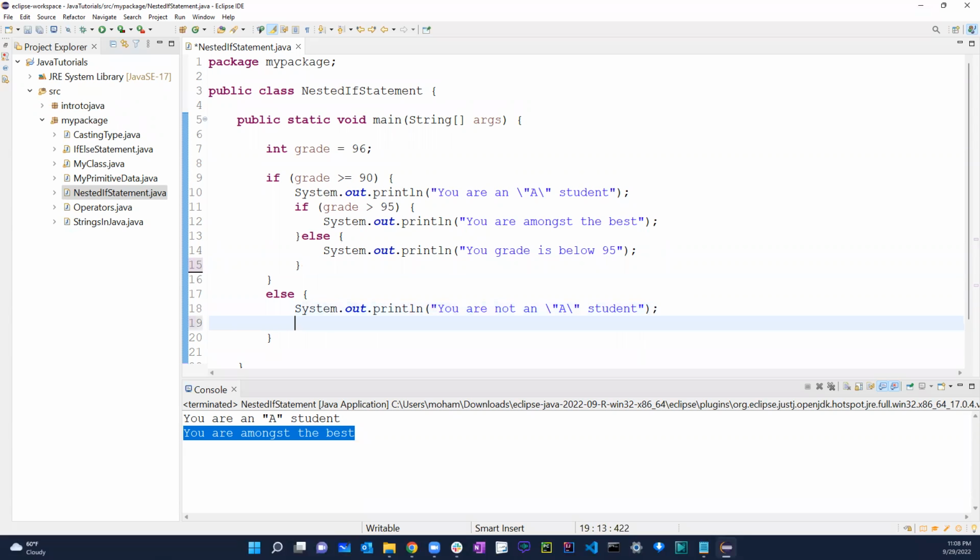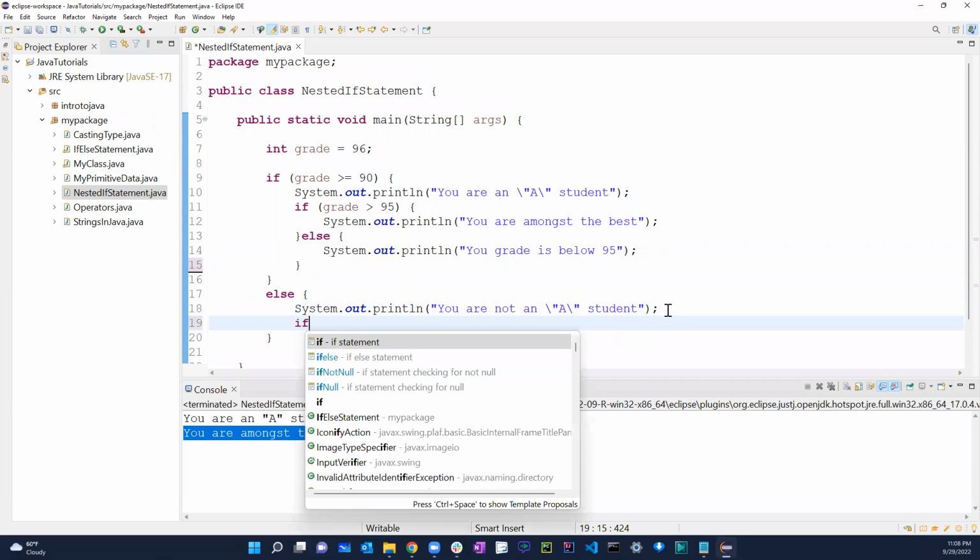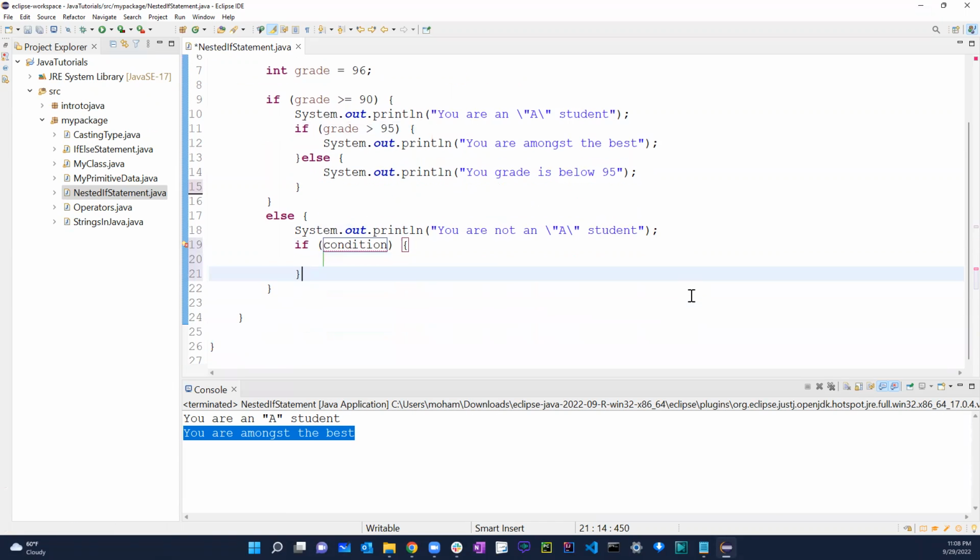And we can have the same thing in the else block, right? In the else block, how this would work is basically the same way, right? We can have an if condition, and then obviously you can have another else statement in here as well. So in here, let's say if it says you are not an A student, but let's say if grade is greater than 80 and grade is less than 90,